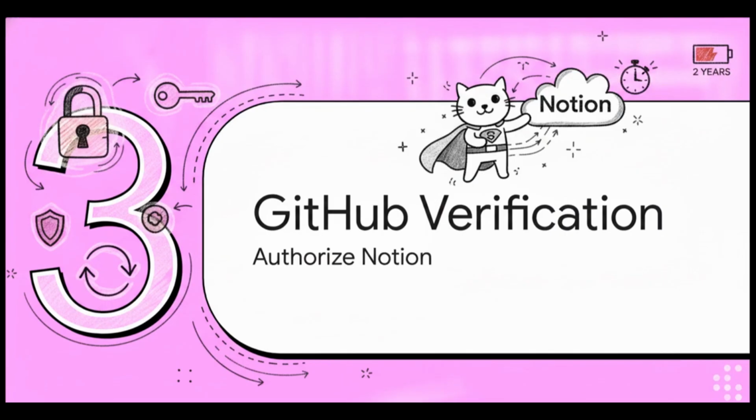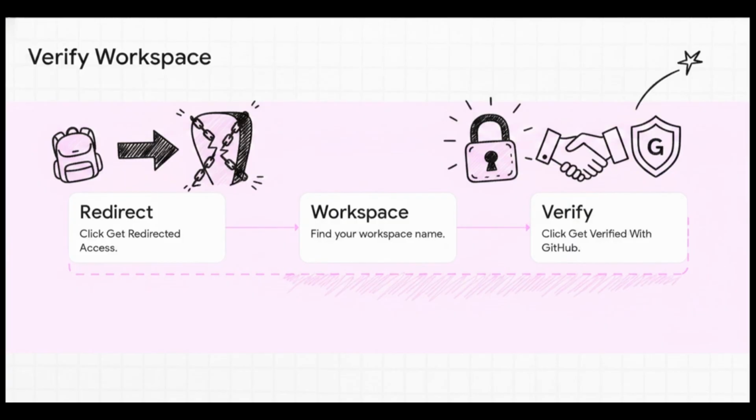All right, part three, upgrading with GitHub verification. Okay, so our details perfectly match, and we've got the free Notion account securely set up. But now we got to inject it with that premium GitHub power. See, by default, the free version of Notion AI has incredibly strict usage limits. You will hit a brick wall super fast if you try to use it for heavy lifting. And you can't just upgrade from inside Notion to fix it.